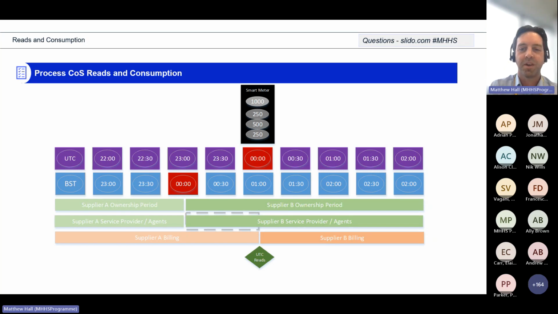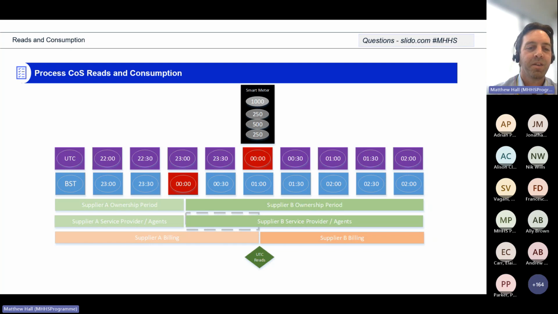So suppliers are registered at midnight clock time, but the DCC works at midnight UTC, and that's when smart reads and register reads are made available. So in winter, there is no problem because UTC and GMT align. But in British summertime, there's an hour's misalignment, as is depicted here on the blue and purple squares, with the two red squares. The top one is UTC midnight and the bottom one is BST midnight. So you can see there's an hour's gap there, which means during British summertime, when there's a change of ownership,